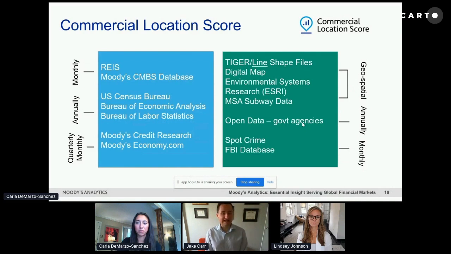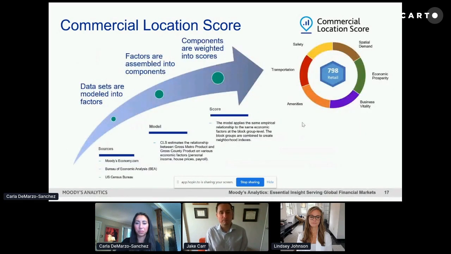If we move on to the next slide, we can show a little bit about our modeling approach. I would say that our approach is consistent across the components that you see here on the right. Of course, it starts with getting that granular data that's needed to do refined spatial analysis. Once we have that data in hand, we apply the appropriate modeling framework to the right data to make sure that we're driving the correct set of insights. Once we have those individual factors modeled out, we then combine them up into aggregate components, the components that you see here on the right.